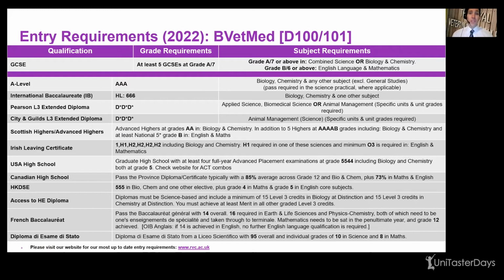So we would categorize that as 5 GCSEs at grade 7, including combined sciences, or if you've done biology and chemistry separately, you have been awarded a grade 7 in those, and no less than a grade 6 in English language and mathematics. With regards to your level 3 qualifications, so A levels, level 3 extended diplomas, IBs, etc., we're looking for